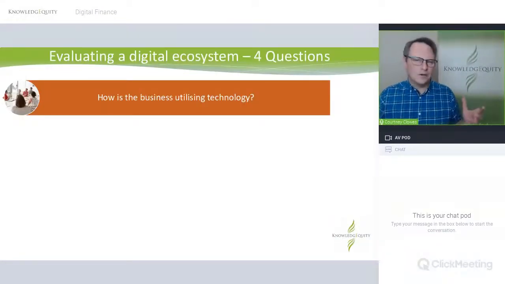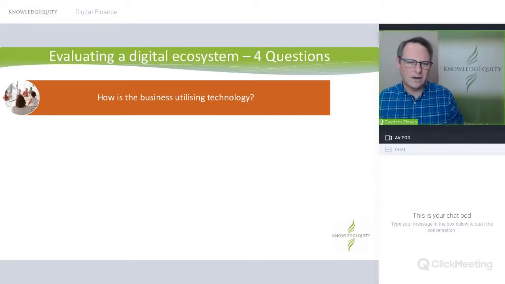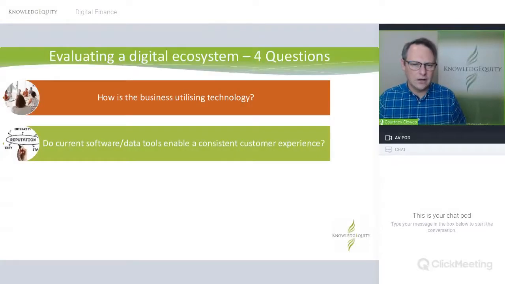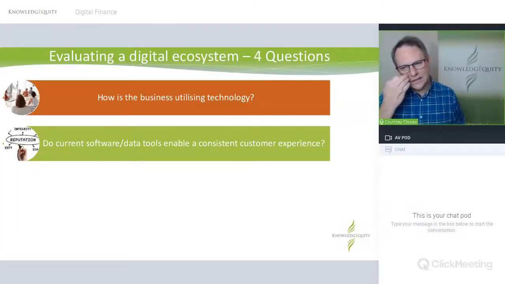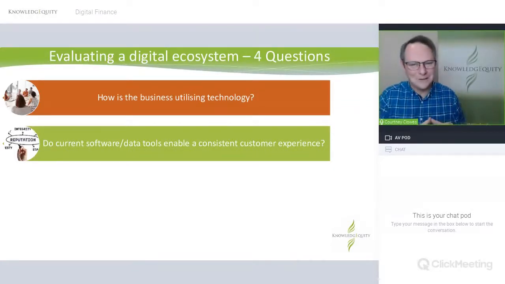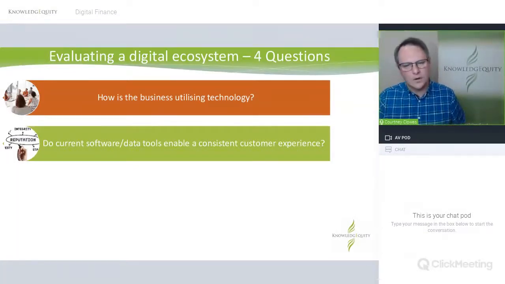So if you want to evaluate a digital ecosystem and you want to look at how your organization's going, first ask, how are we using our technology? Now, what I see in practical experience is some organizations have no technology. They're pretty inefficient, bit sluggish, but at least they know what they know. Others go and pay for lots of technology, but never really take the time to implement it properly and learn it inside out. A good example, some major organizations who use Salesforce, incredibly powerful tool, but often not fully implemented. We're always too busy. So how well do you actually use the tech?